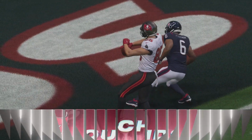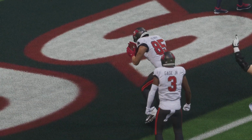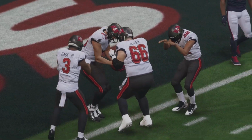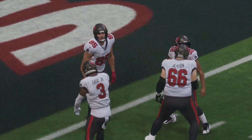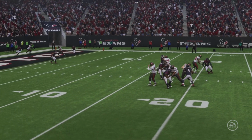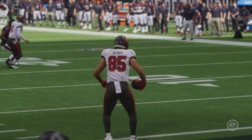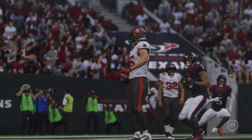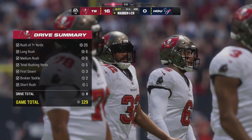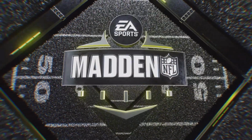And in for the Buccaneers touchdown. Hunter Henry, his first touchdown on the year. And the Buccaneers take the opening kickoff of the third quarter and drive right down the field to extend their lead. That drive that really increased their cushion felt very military to me. Very precise, methodical, that's one of the words you've taught me. And they just got it done. And slowly but surely now starting to pull away a little bit. Things looking good for...